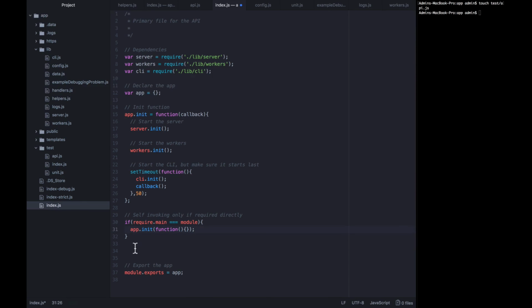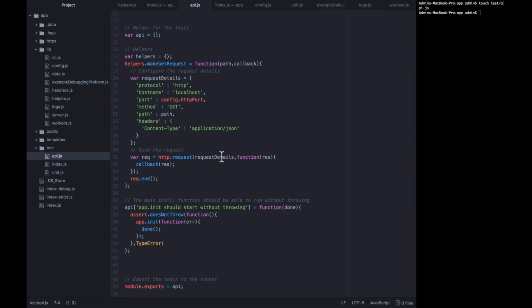Now, this is just a quirk of the syntax built into Node. What this is saying is, if you're invoking me directly, my module is going to equal require.main. If this file is being invoked from another file, and that other file is the one that's being called from the command line, these two are not going to equal each other, and so this initialization function will never happen. So let's go back to api.js. We've modified init, and told init not to start unless we tell it to, when we're invoking it from a separate file,